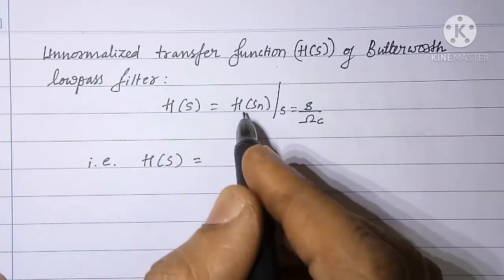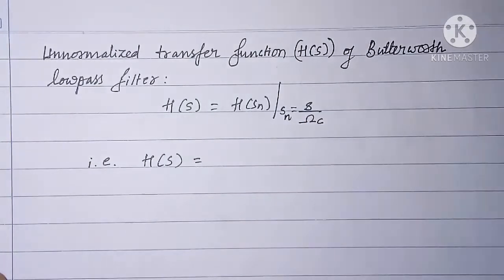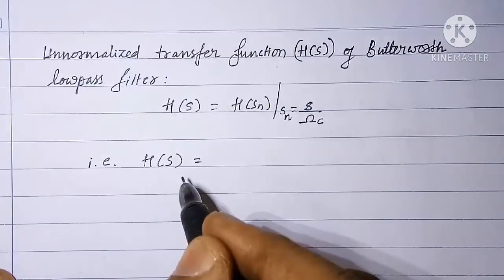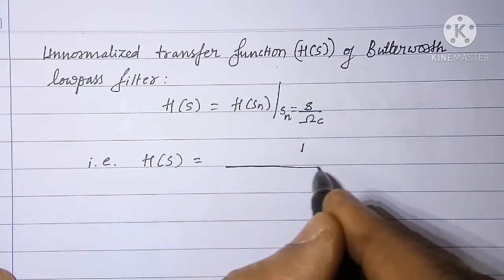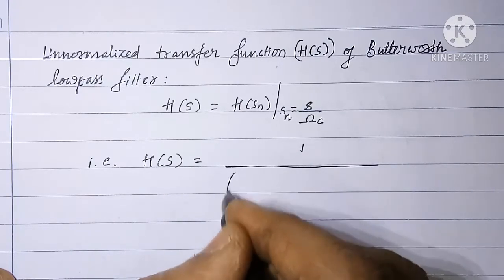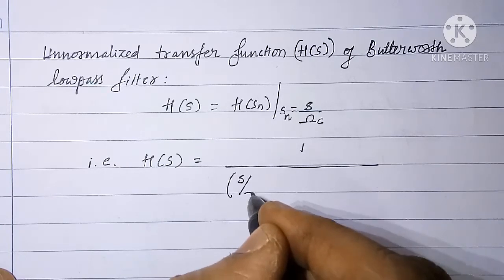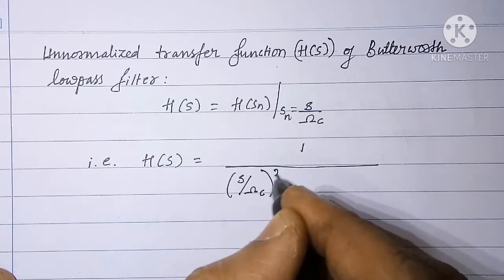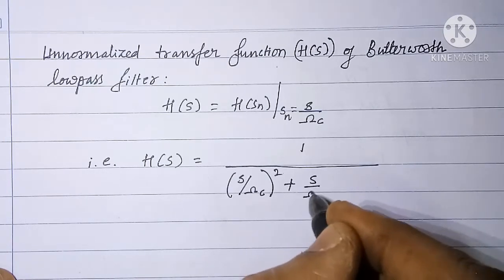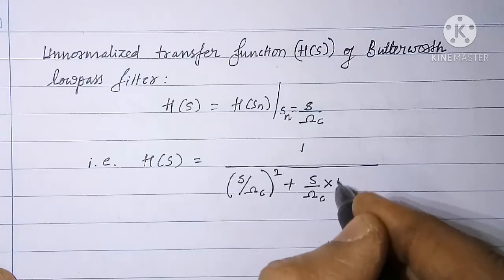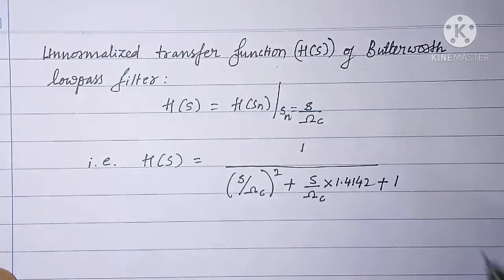H of S equal to H of Sn at Sn equal to S by omega c. That is, H of S is equal to 1 upon (S by omega c) square plus (S upon omega c) into 1.4142 plus 1,